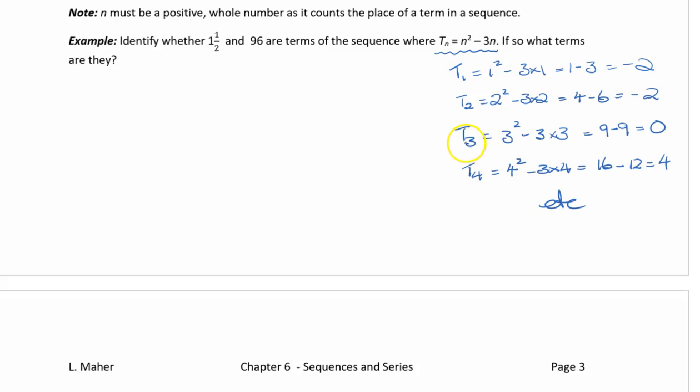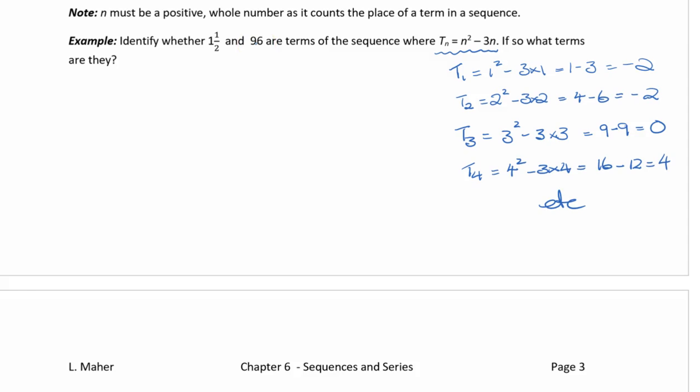And you can see I've gone on to write out what T3 would be. So 3 squared minus 3 times 3. So that's 0. And T4, 4 squared minus 3 times 4. So 16 minus 12 is 4, and I've just written etc. Now, we don't need to do that, obviously, in the hope that somewhere we find a 1.5 and a